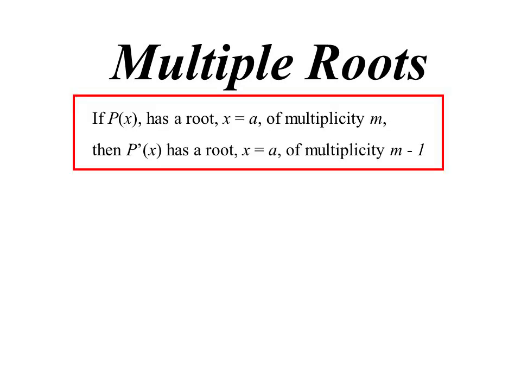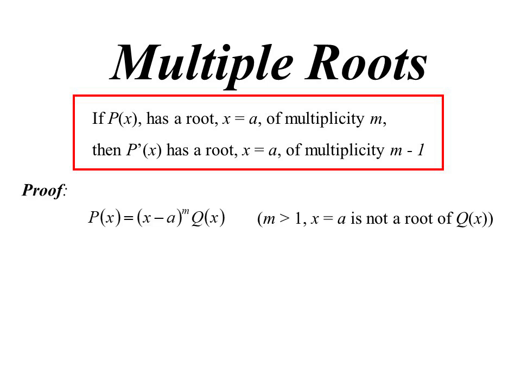How to find multiple roots. What we know is that if there is a multiple zero or a multiple root, then the derivative will have that same root and of 1 degree less. Let's prove that. So what we're saying is we've got some polynomial and there's a 0 which is a multiple